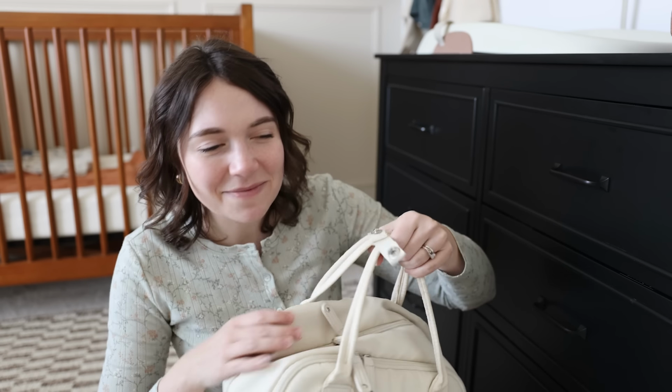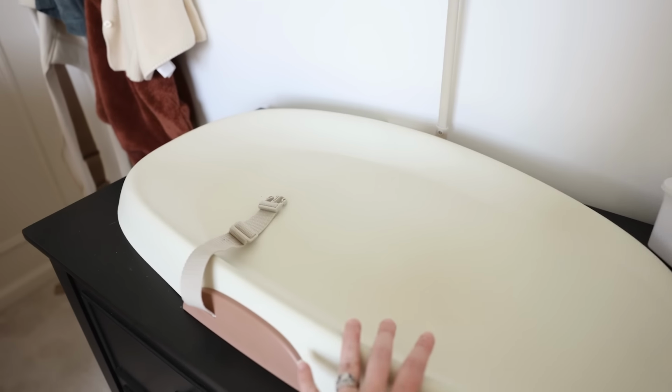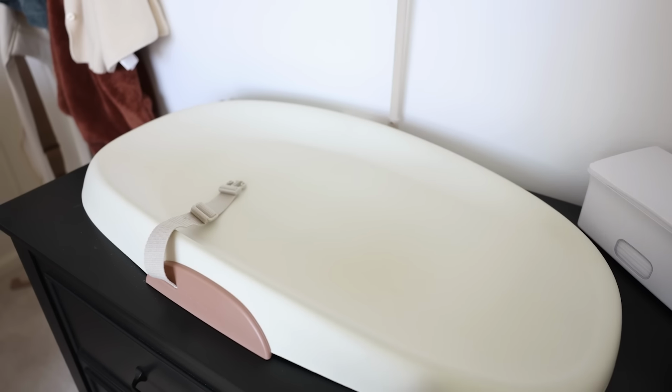So yeah, if you want a fancy backpack, that's up to you, but my take, save money with those. And then not necessary, but something that we've really liked having in our home is our diaper changing station. We keep it on the dresser and it's really simple. We just have the Skip Hop diaper changing pad, which I love. It's half the price of the Keekaroo, still has the same really nice, easy wipe clean features, and even has